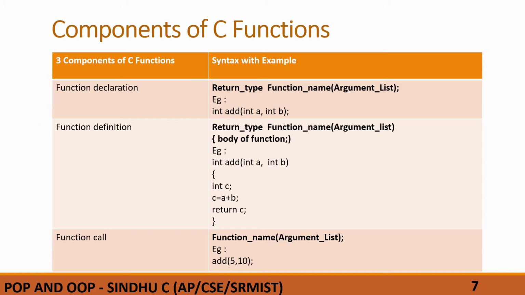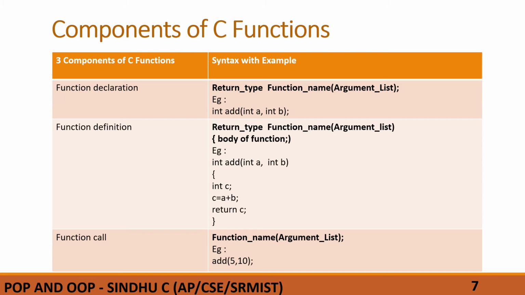These are all the body of the function add, and return c. So this c is of the type return, which you can identify by the return type of the function, int, which is written before add. Then see how a function call is written. A function call generally has the function name and the list of parameters used for calling. So add and then the parameters 5 comma 10. So these are the three important components of a function in C language.